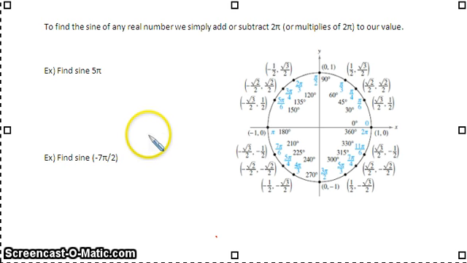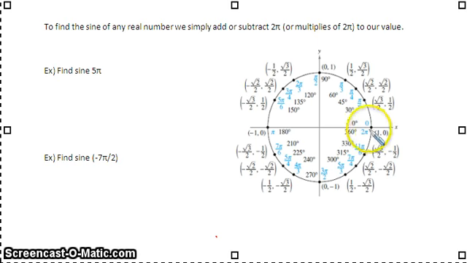is that I don't want you to just type these into your calculator, because if you type them into the calculator, you're not going to get the square root of 2 over 2 or the square root of 3 over 2. You're going to get decimals. And when I ask you to find exact values, I want you to use these numbers from the unit circle. So if I want you to find the sine of 5 pi, well, there is no